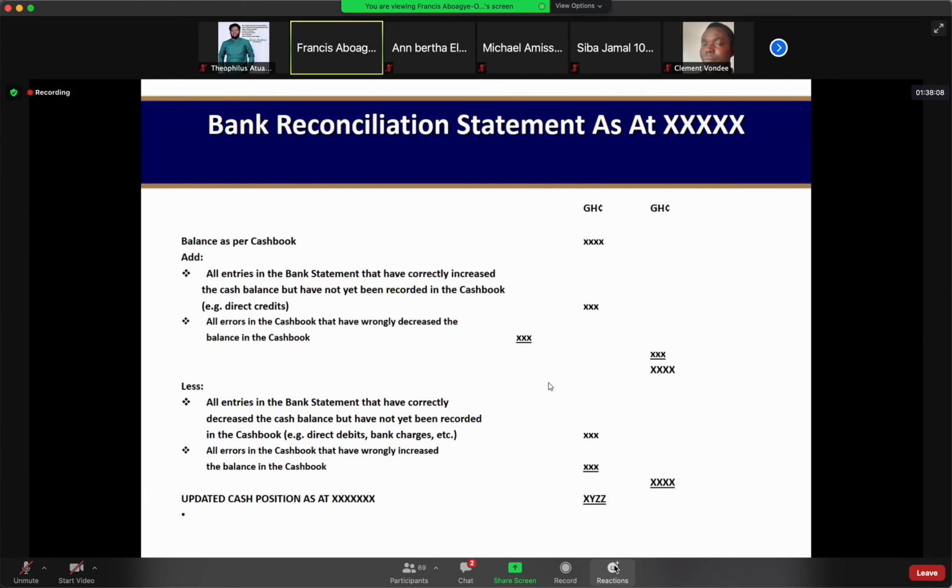Then you now take away all the bank statement items that you did not have the information on, and because of that you have not credited your account. So per the bank statement they would have debited them, but in your cash book you have not credited them. So you now go ahead to record them. So for instance, if there are direct debits, standing orders, or bank charges, all of them will now be put together. Then if you deduct it from